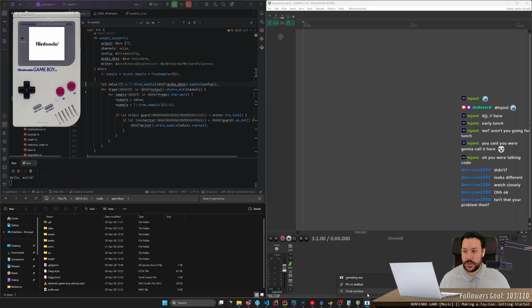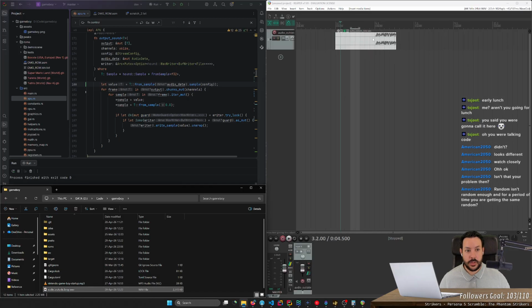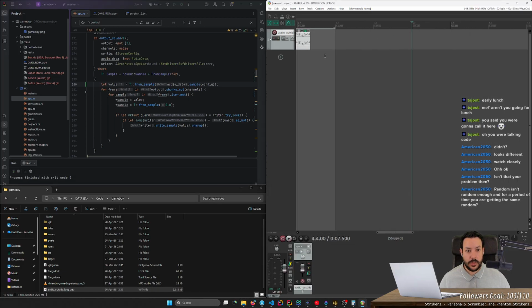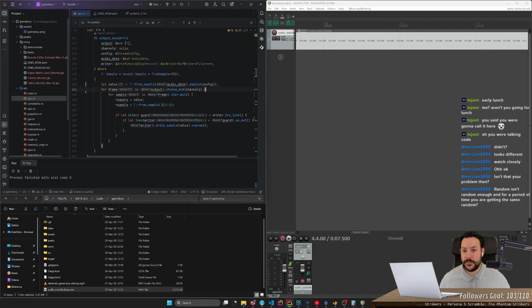This is not how it's supposed to go, by the way. Audio, outside both outside loops. Outside loop. Okay, so this looks like this.